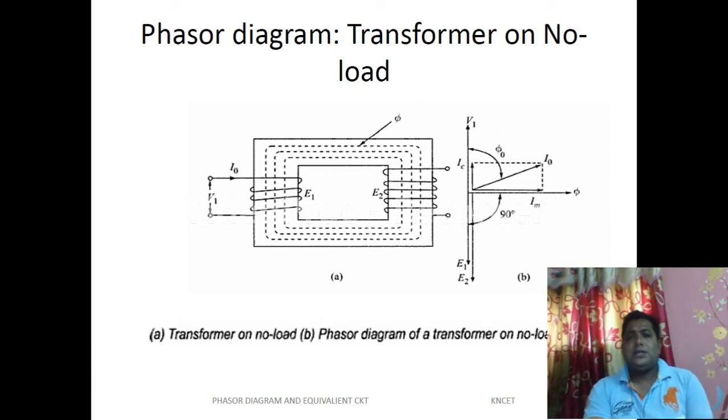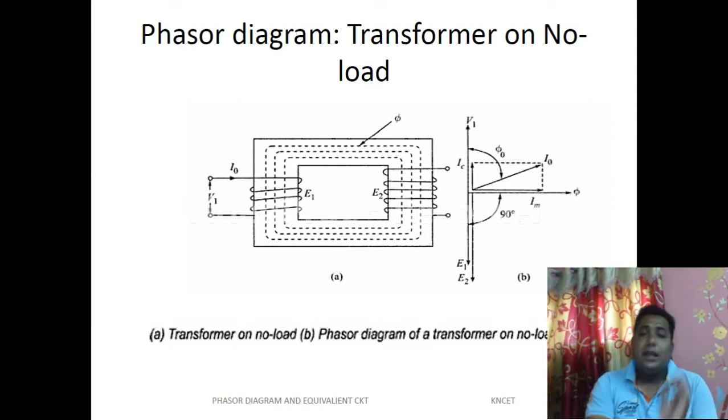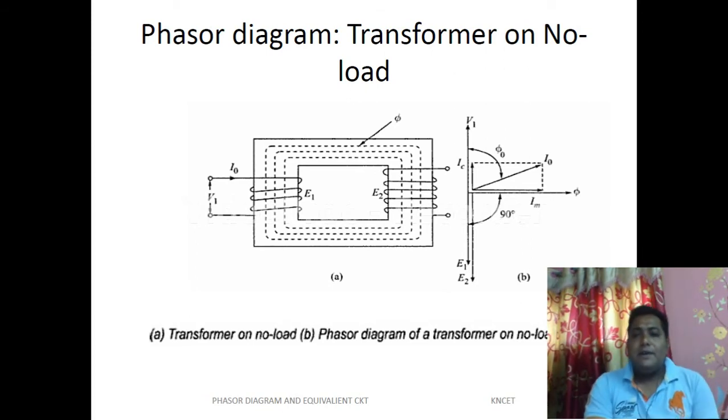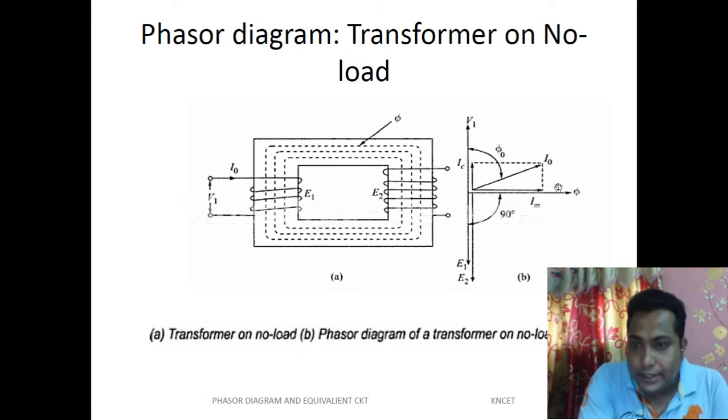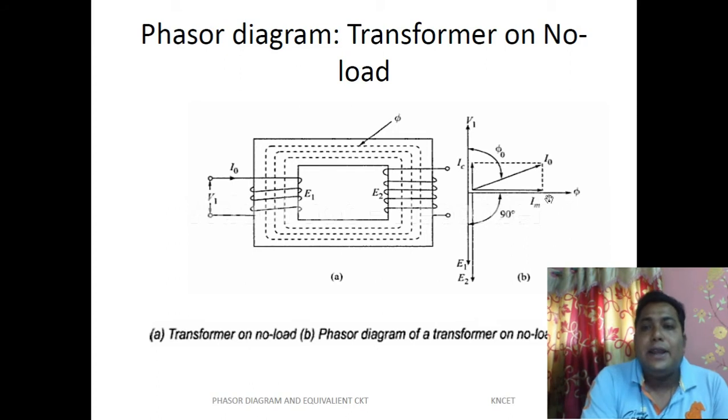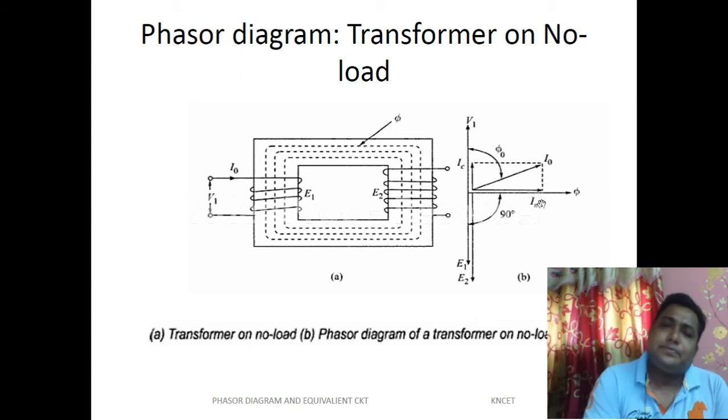It has a relation with the primary side and secondary side, so we will very easily draw the other components with respect to this phi. First, phi is there, we have drawn it as a horizontal line. Follow my pointer. This is the phi line, a horizontal line, and with respect to this phi, over this phi line we have drawn this Im.